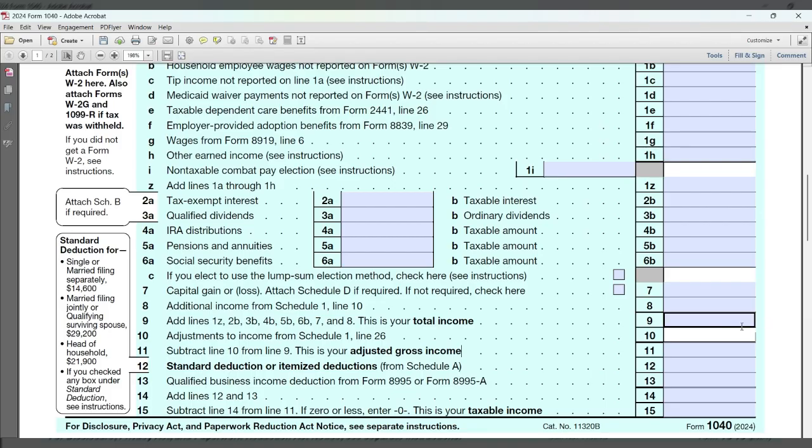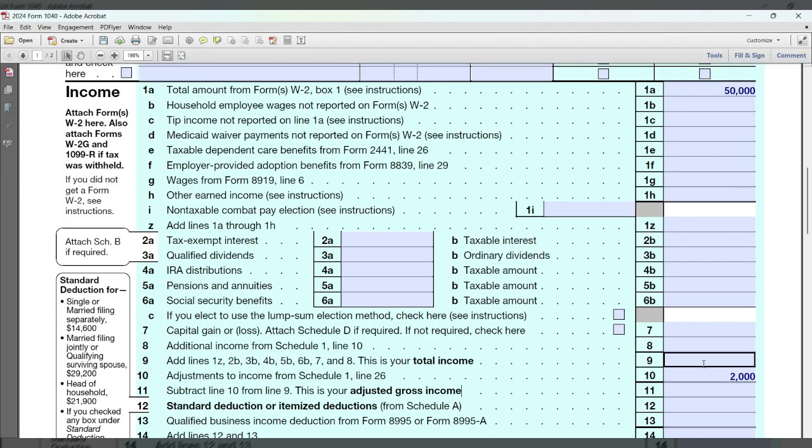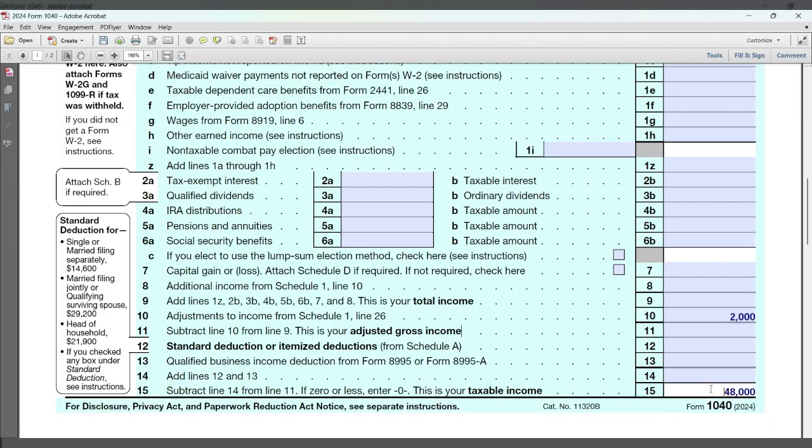So, in our above the line adjustments here on line 10, we're going to say we had $2,000 in student loan interest that we paid at the end of the year and we got our form for. So, what does that mean? That means that $2,000, we're going to take it directly off of our $50,000. So, now we're going to have $48,000 in taxable income. But when we add it all up together,